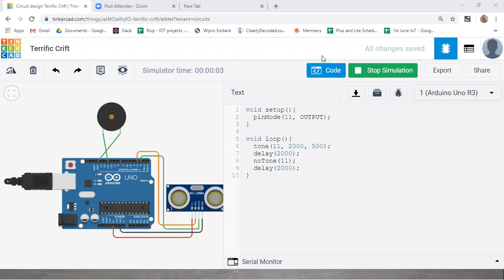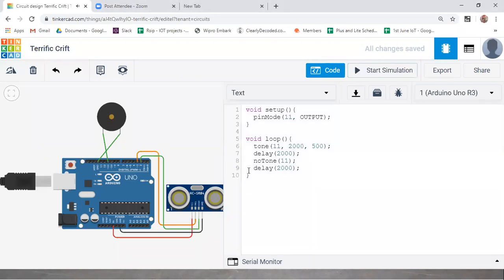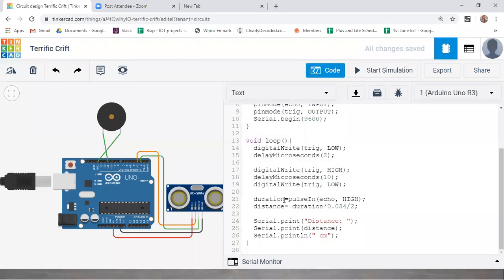Let me get back to the previous code, guys. I'll just paste the previous code here. You are getting distance here, so I'm just printing it. After seeing this, I'm using the same variable, distance.